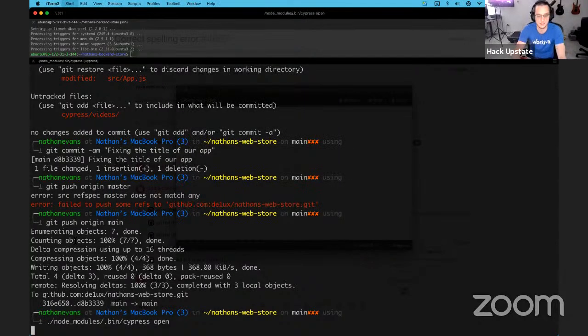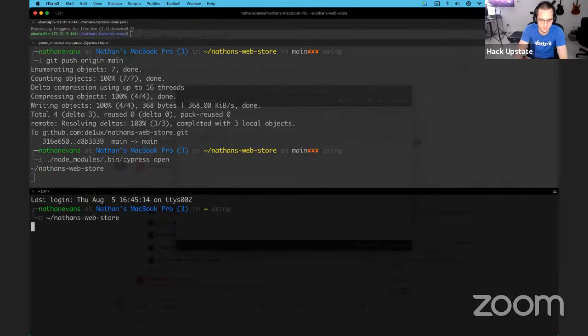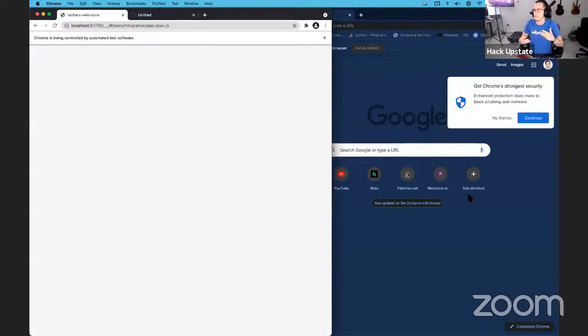Yeah, and then in addition to opening Cypress, you also have to go and start up the server. So there's that to remember. And then you got to click on the button. I mean, it's still handy to run Cypress locally, especially when you're building your test, because it lets you see interactively